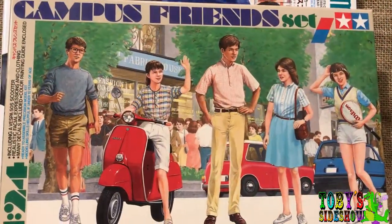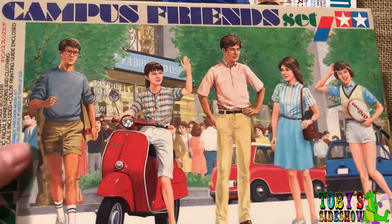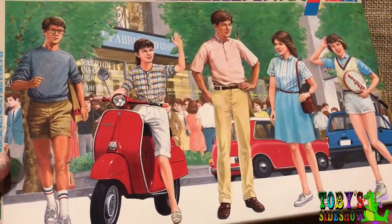I'm going to bet money that just about anyone who builds automobiles in 1/24 and 1/25 scale has probably come across the Campus Friend set from Tamiya. And these figures came out, I think, sometime in the 1980s or so. And it was basically one of the only games in town for a while,